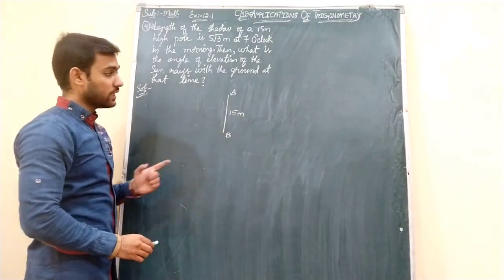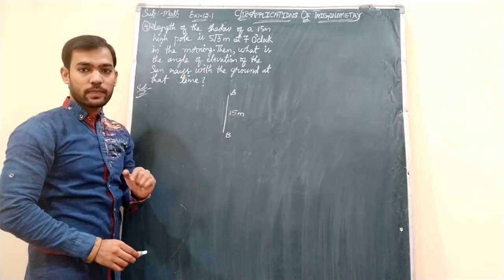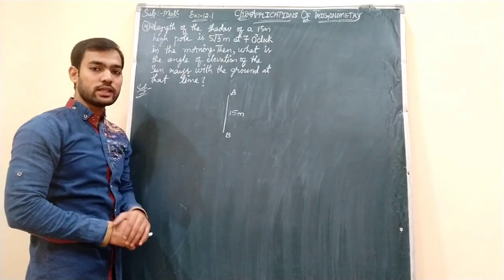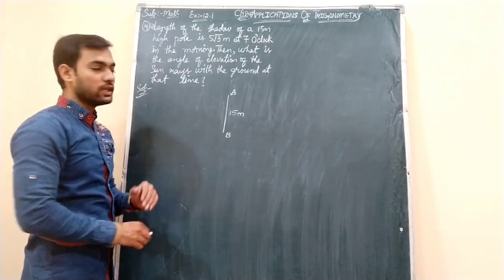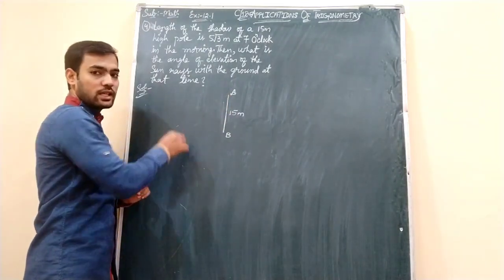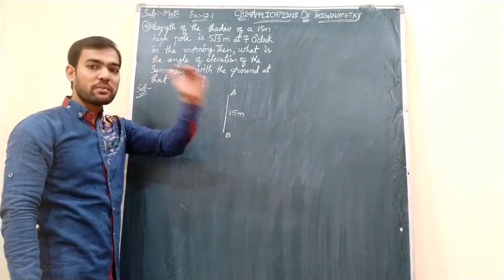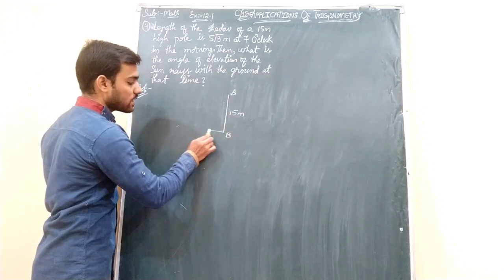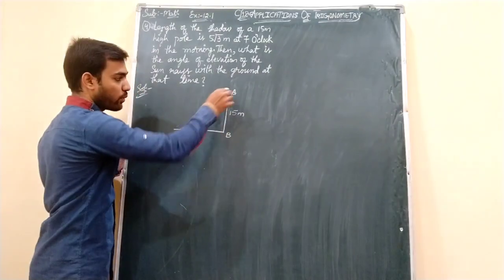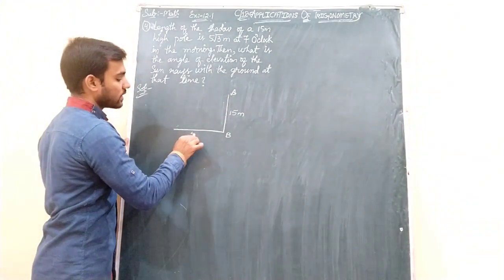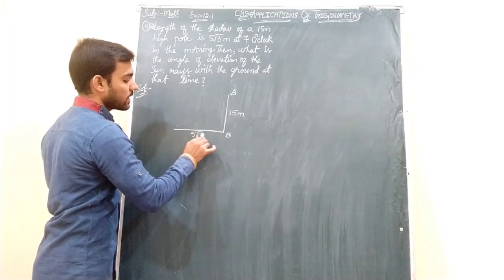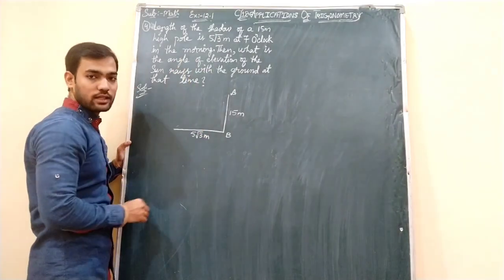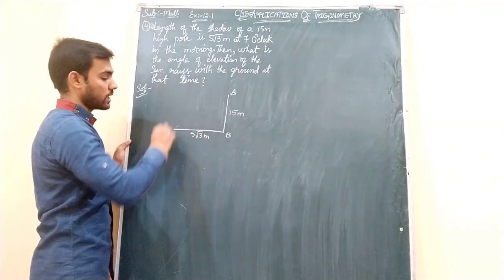Okay, and here we are talking about shadow. See students, shadow is always on the ground. What few students will do, they will take the shadow like this. Our shadow does not come from our head, it goes from our foot. Okay, so this is the shadow of that pole whose shadow length is 5√3 meters. It is said in the question.